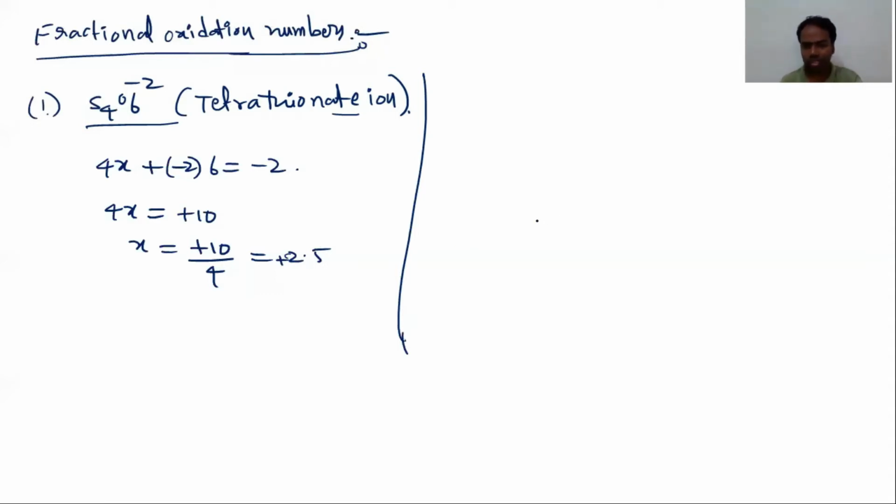See, that is the average oxidation state of sulfur. In this ion, sulfur shows two different types of oxidation state. You can derive these different oxidation states only by knowing the structure. That is the only way. So what is the structure of S4O6 minus 2? There are 4 sulfurs, and the 2 terminal sulfurs bind with 2 oxygens each. If you put H here, that is called thionic acid.